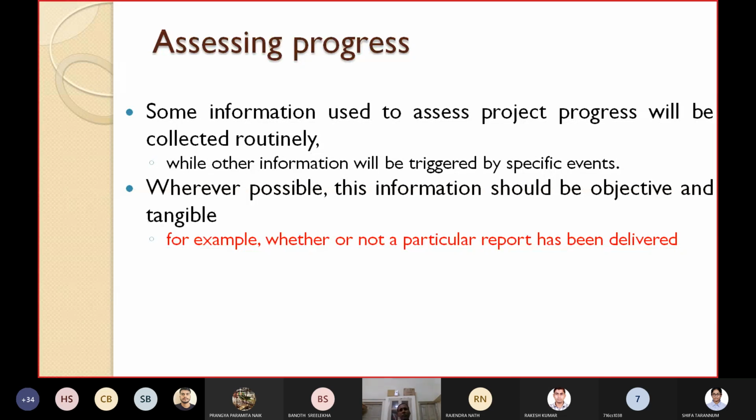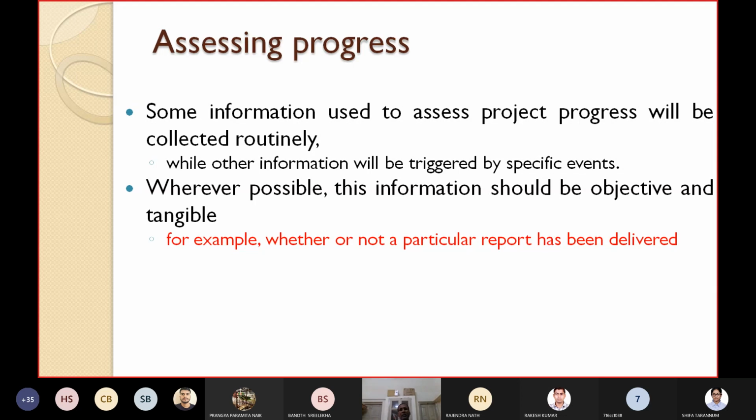So wherever possible, this information should be objective and tangible. For example, whether or not a particular report has been delivered, whether the report has been taken or not, and whether it has been delivered or submitted to the immediate next authority. Those kinds of information you should prepare,